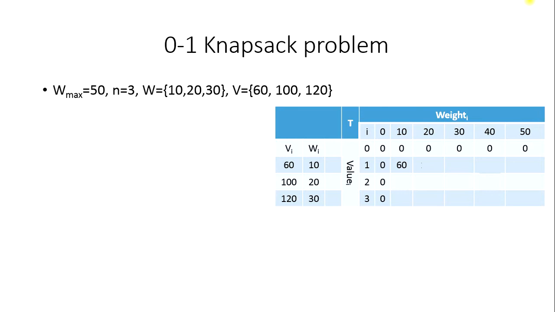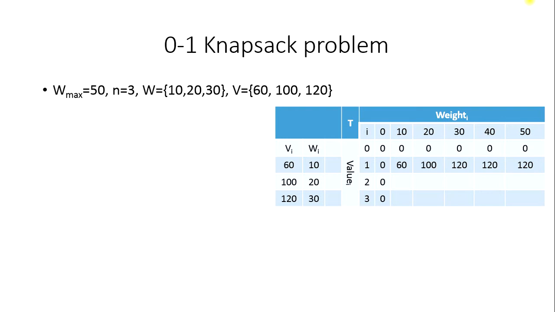What about the next, 20 kg? If you want to fill 20 kg in the bag, it will take just one item of 20 kg and the bag will hold valuables worth $100. For 30 kg, it will take one item and the bag will hold valuables worth $120. What about 40 kg? What about 50 kg? No change. Why? Because in this particular row, one can only fill one item in the bag. So the maximum that can be filled is the 30 kg item, one item worth $120.